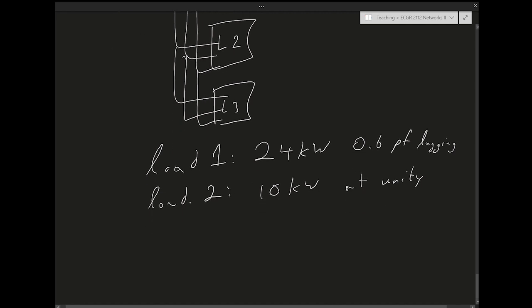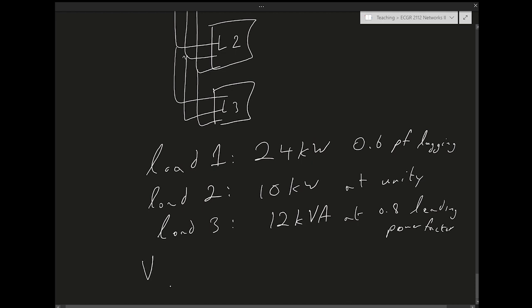And then load 3 is 12 kVA load. Notice it's given in a different manner. Here we're given the real power. Here we are giving the apparent power, but it's at 0.8 leading power factor,